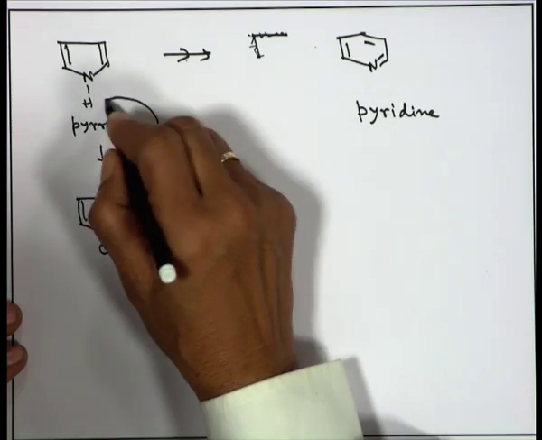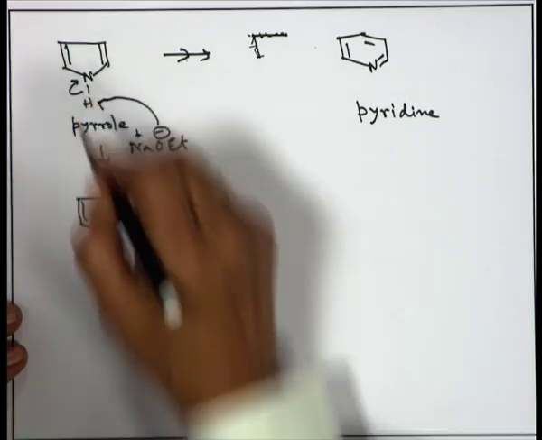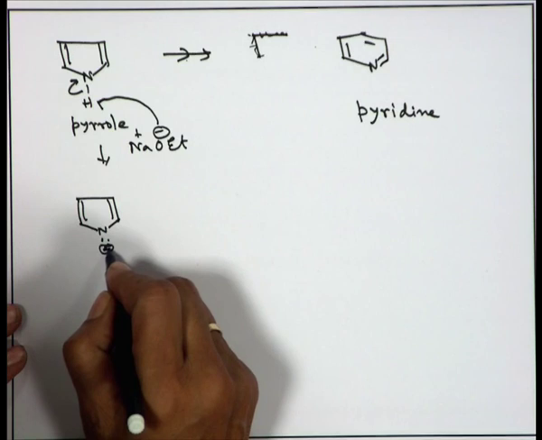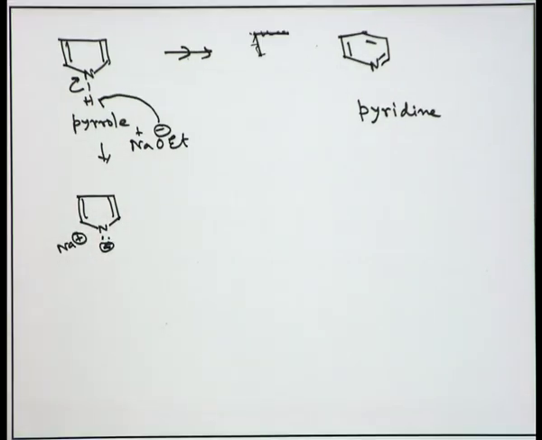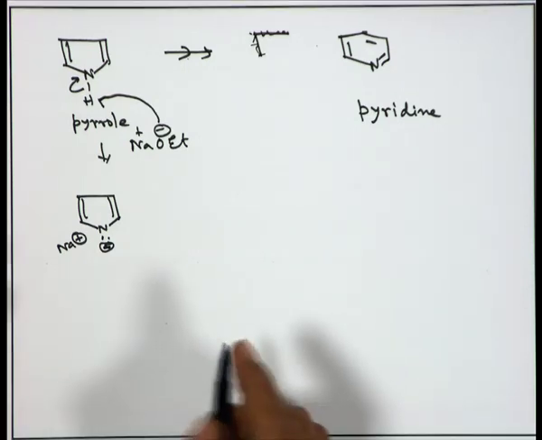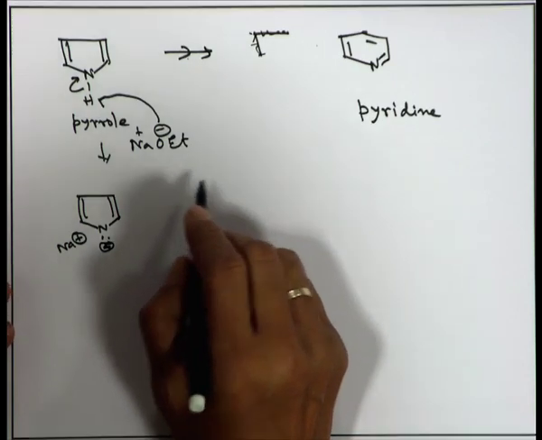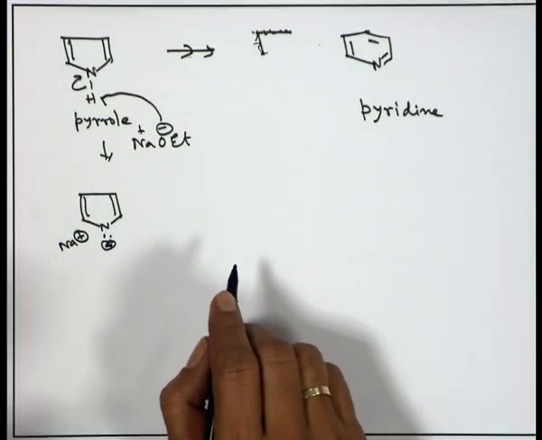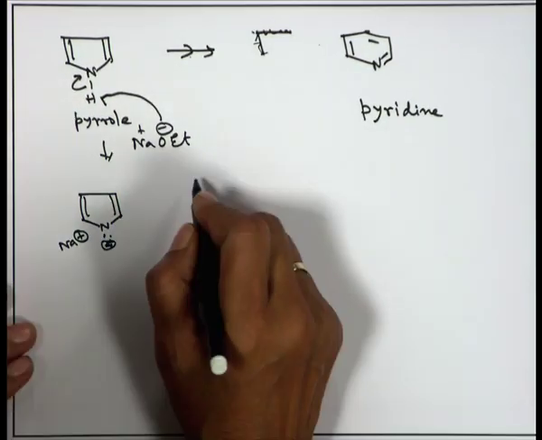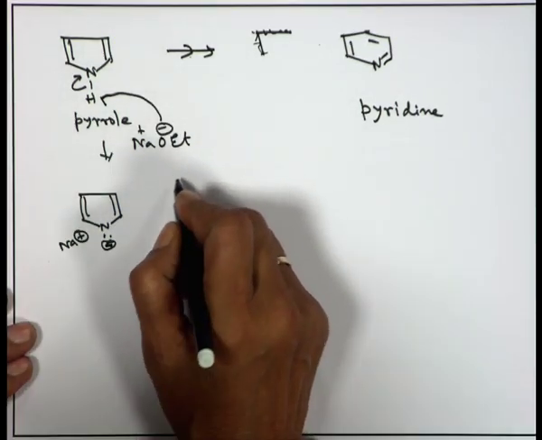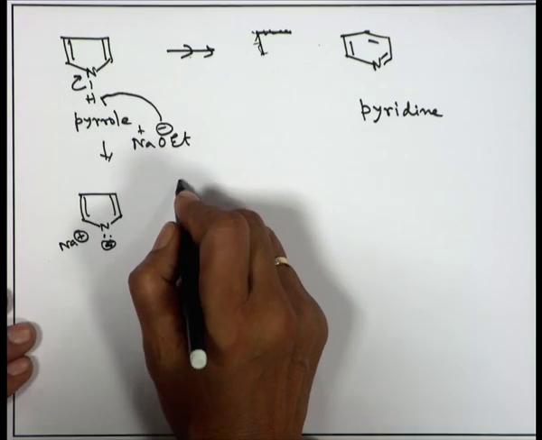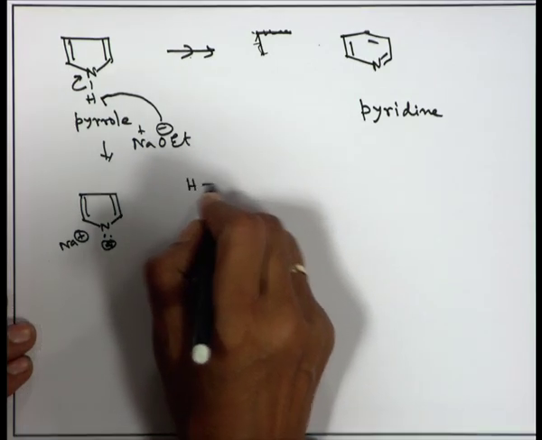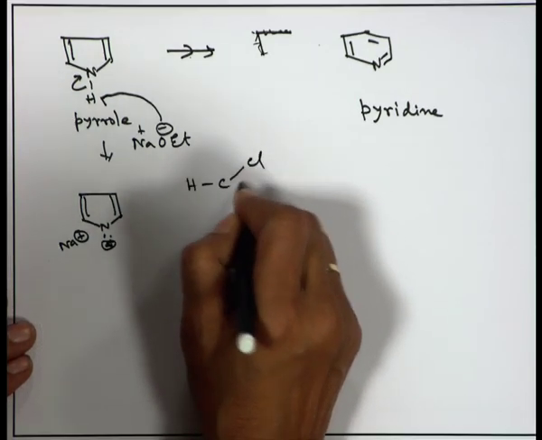So, OH minus will pick up this proton, make the nitrogen minus with the lone pair of electron, and the counter ion will be the sodium ion. So, pyrrole salt is being produced with the help of sodium ethoxide, and I need one carbon. So, how to get one carbon, and that answer is very simple, that is the sodium ethoxide itself can help. So, in presence of a very interesting compound called chloroform,